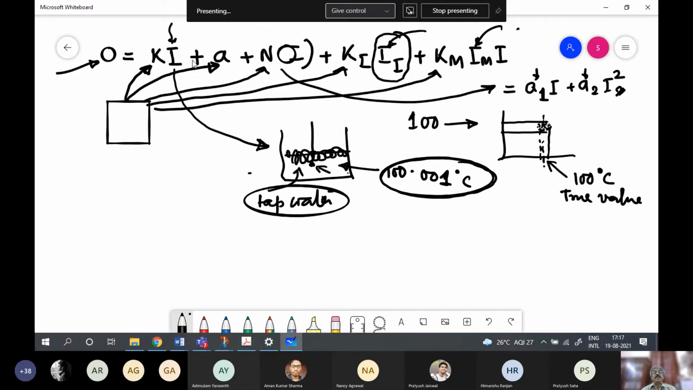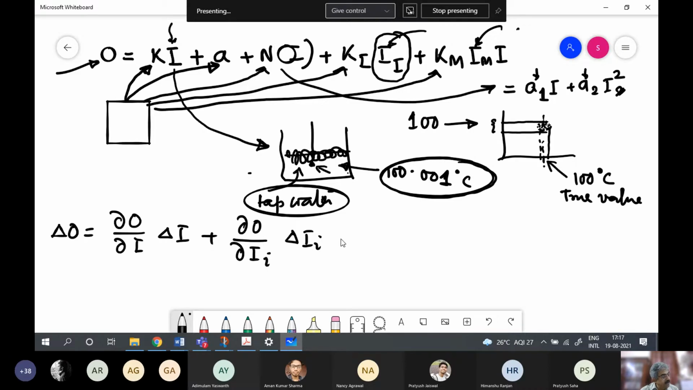So due to the effect of these three things, there can be a variation in O. So this variation is characterized, and how do we write delta O? Simple mathematics. We write delta O by delta I into delta I, plus delta O by delta II. These are the three things which are varying. Plus we write delta O by delta I